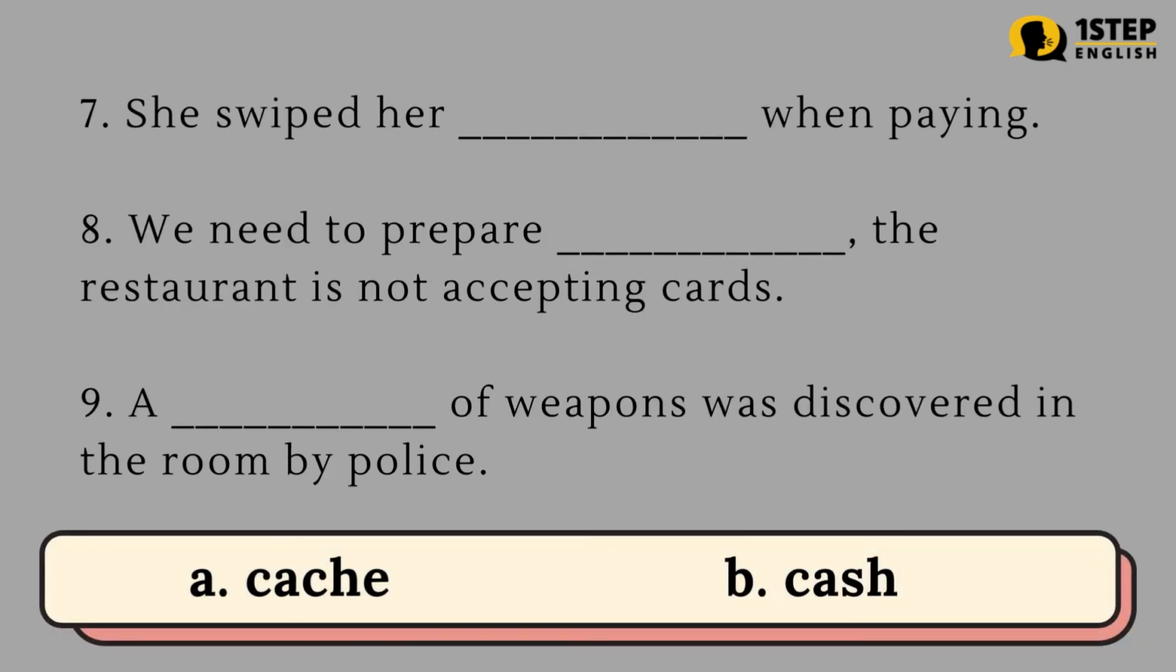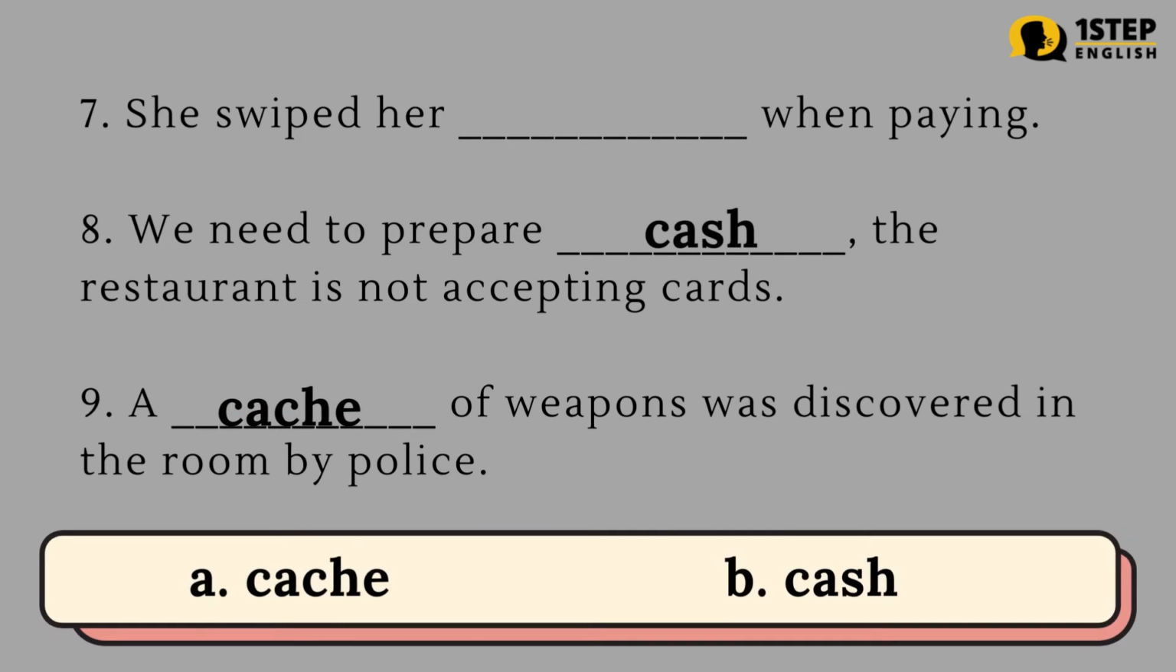Number 7. She swiped her blank when paying. Number 8. We need to prepare blank, the restaurant is not accepting cards. Number 9. A blank of weapons was discovered in the room by police. Letter A. Cache. Letter B. Cash. The correct answers are: